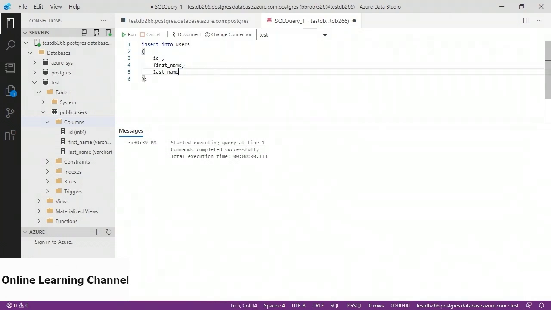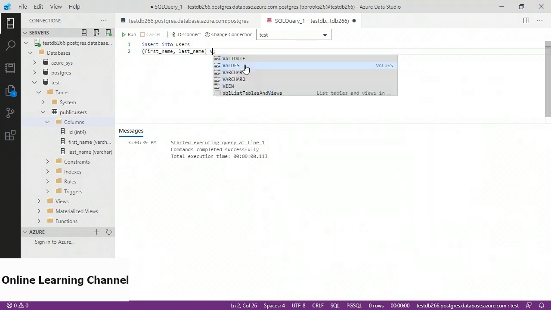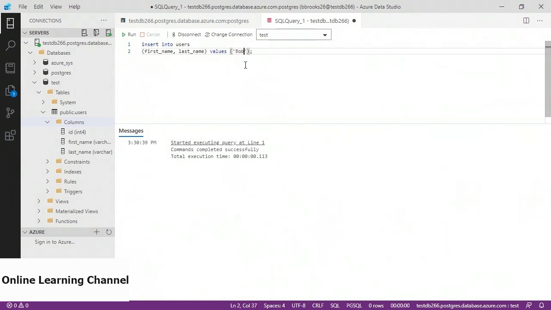I don't have to insert into the ID field, and the reason being is because the serial field is automatic. It will automatically numerically number that field. So I just have to have first name, comma, last name, and I use the keyword values, and I can give a list of values. So I can say the first one, for instance, is Bob Barker,